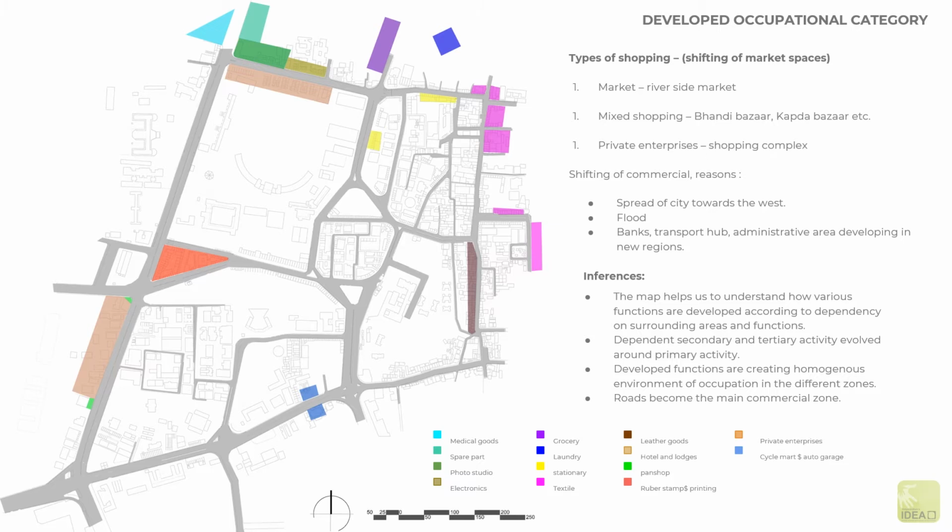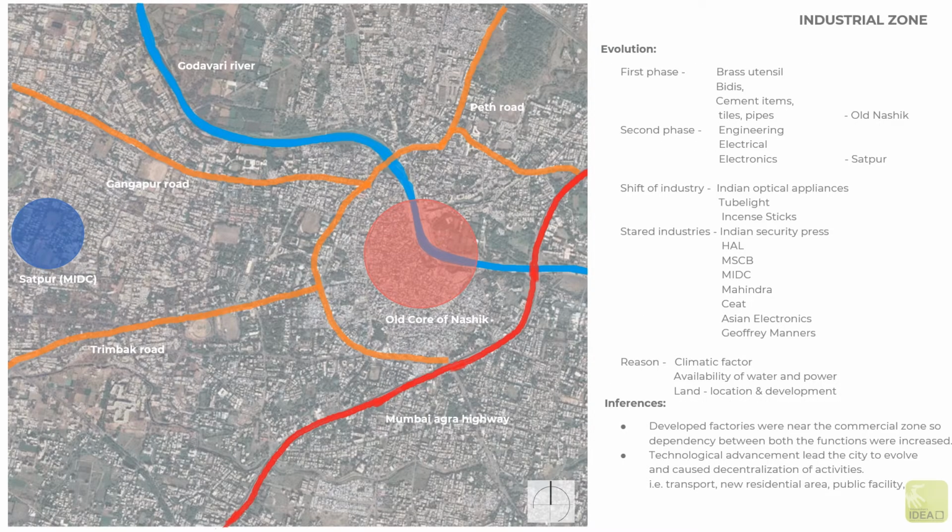Spread of cities towards the west was due to constant flooding of the river. New developed roads hosted main commercial zones at the edges, which helped in boosting the economy. In the evolution of industrial zone, technological development gave rise to industrial districts within the city, leading to decentralization of it. Climate, availability of water and power, land location and development